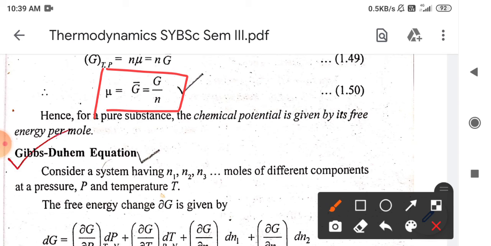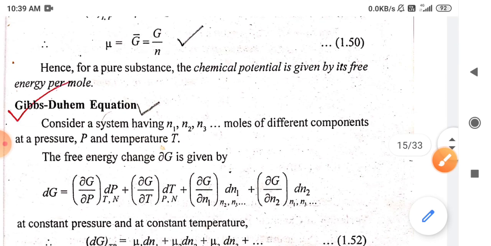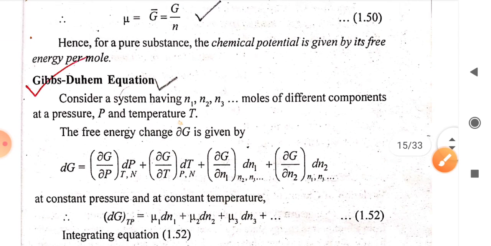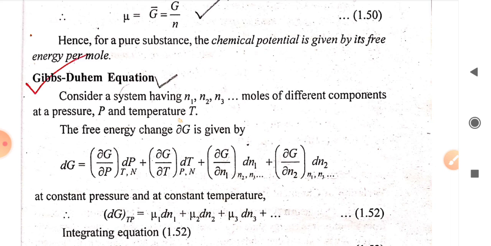So there is a restriction of number of moles now. So we can say that these properties now become independent of the number of moles, because this Gibbs free energy per mole is simply the chemical potential. So we can say that this chemical potential mu is an intensive property. Okay, so this is the chemical potential. In order to relate this chemical potential with the change in number of moles, there is one famous equation, that is the Gibbs-Duhem equation. So we can consider the derivation in the next lecture. Okay.